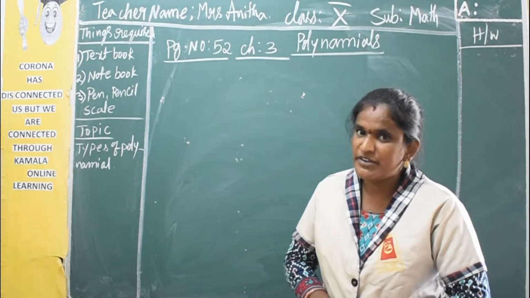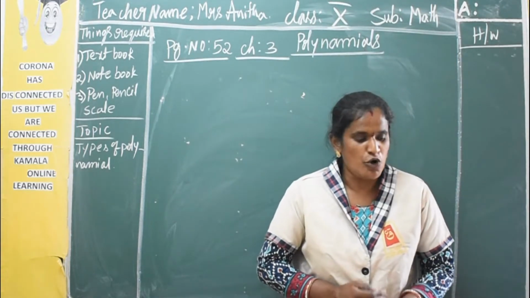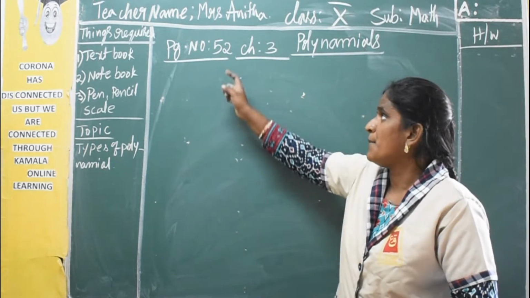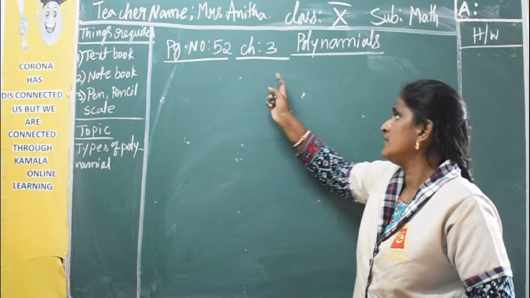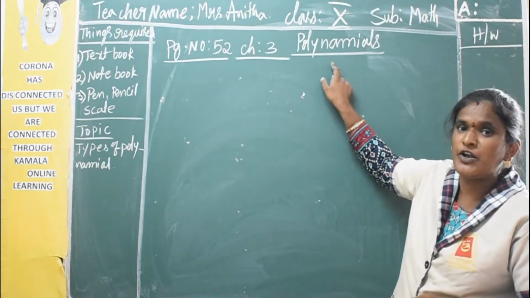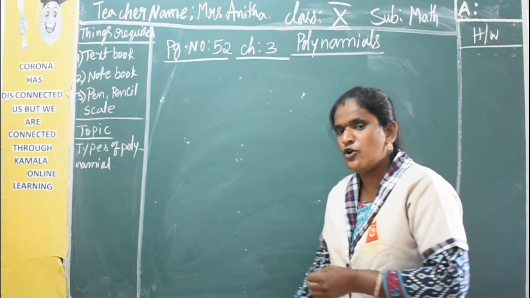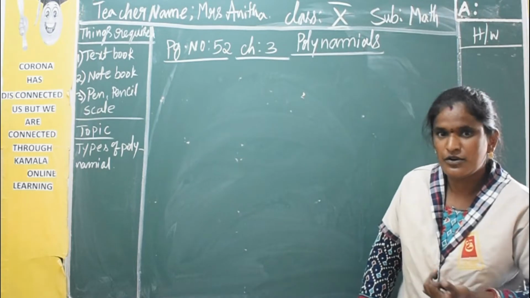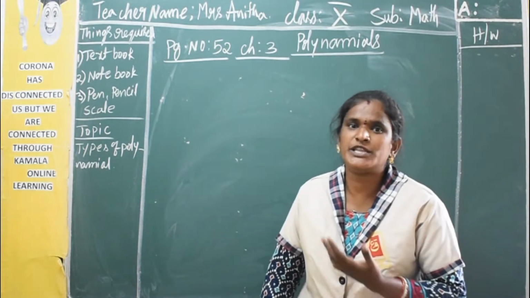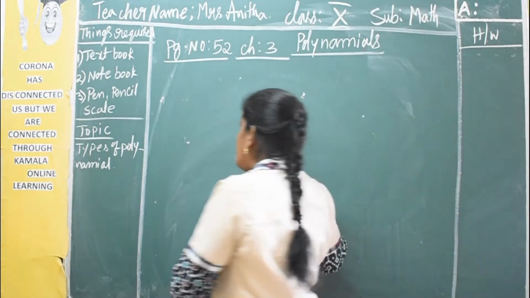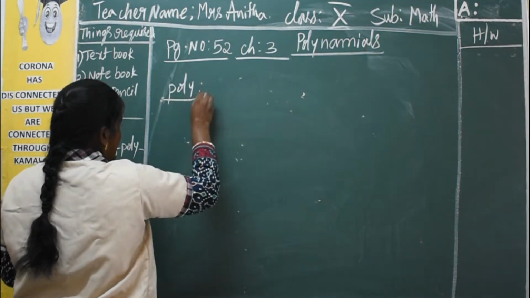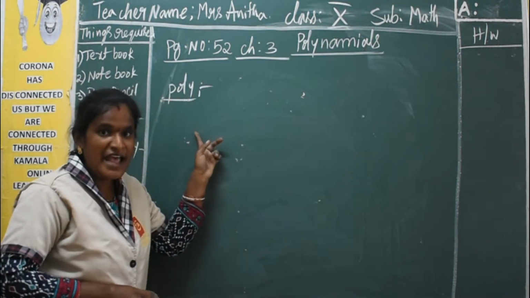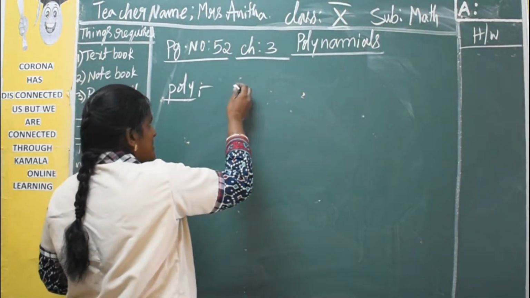So everyone be ready with your math textbook today. Open your math textbook, page number 52. Chapter 3. So what is the name of chapter 3? Polynomials. Now open your textbook and look. What is the meaning of polynomial? It is an algebraic expression, so it means we can take